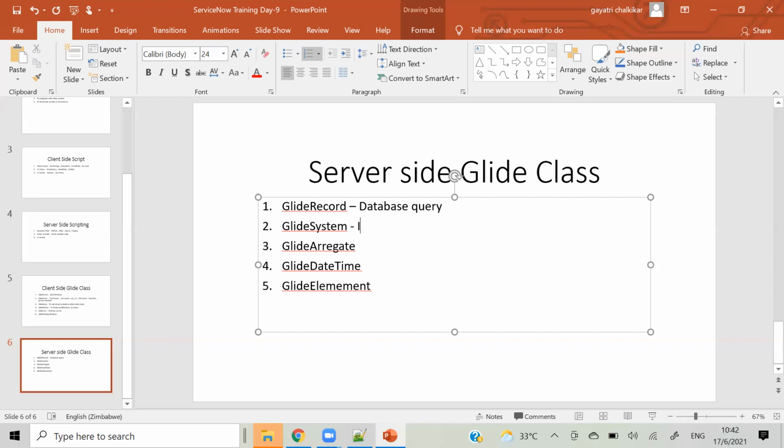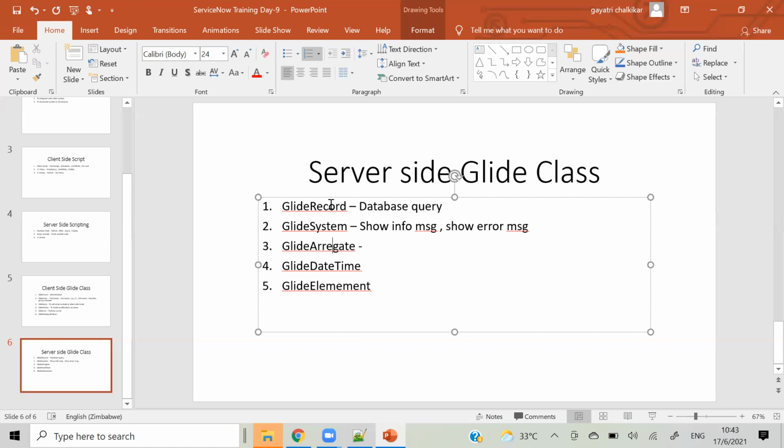For example, show info message, show error message, show warning message, all those things. Okay, so glide aggregate. In glide record we are pulling the data, right? Here also we are pulling the data, but what is the difference?